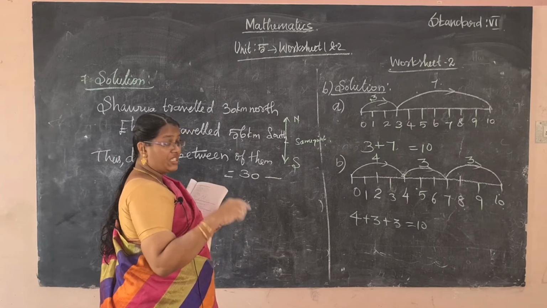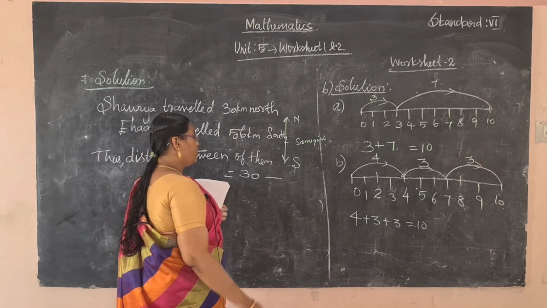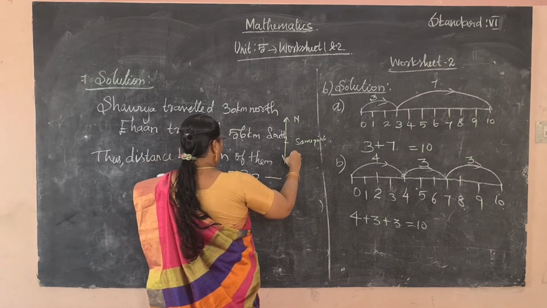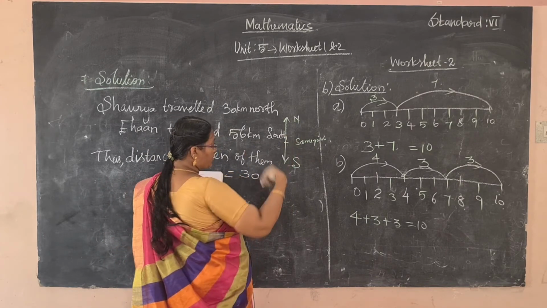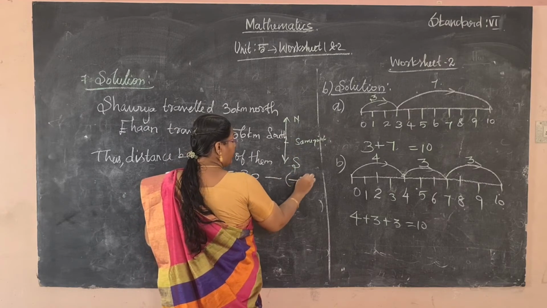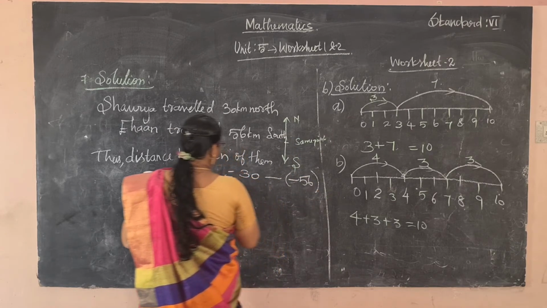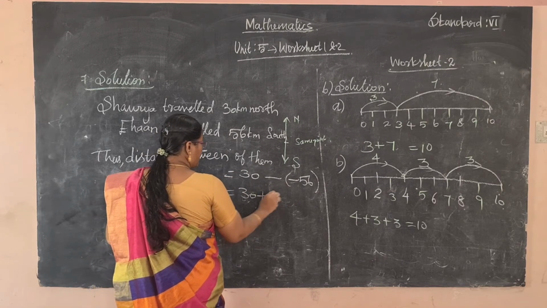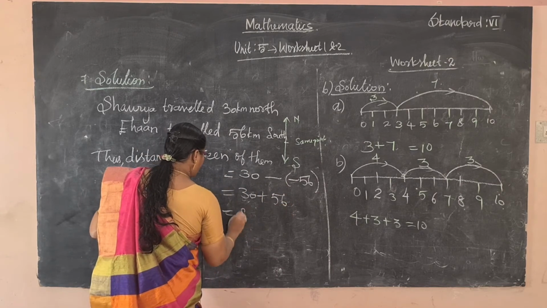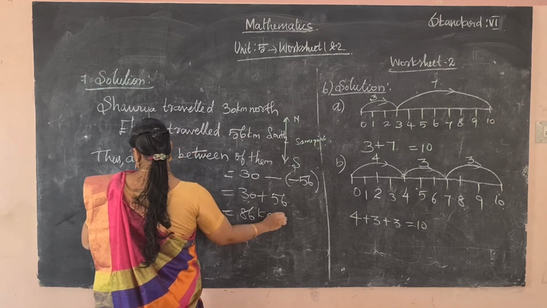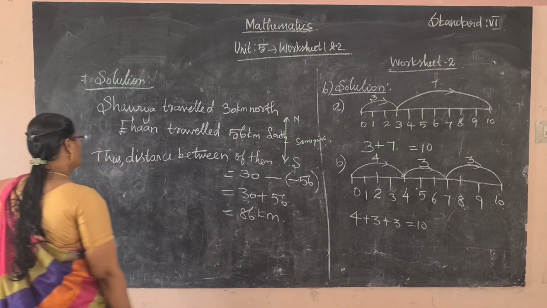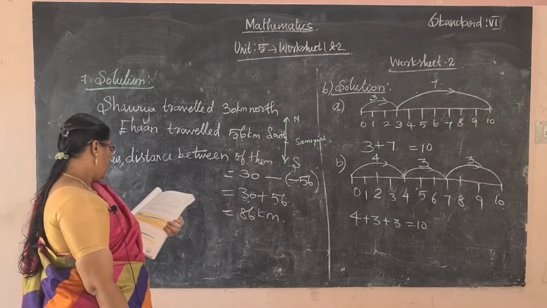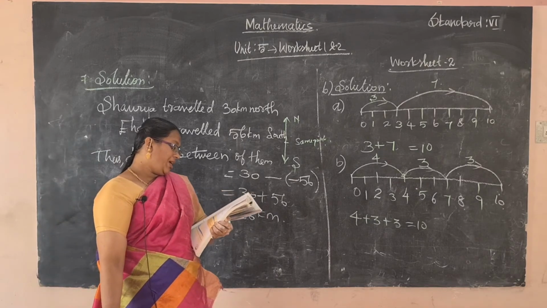You have to find the distance, so minus sign, since we already have the south side in the opposite direction, so minus 56 kilometer. Add these two values: minus into minus is plus, 56 plus 30, so 86 kilometer. That's it. And next, eighth problem, subtract the sum of